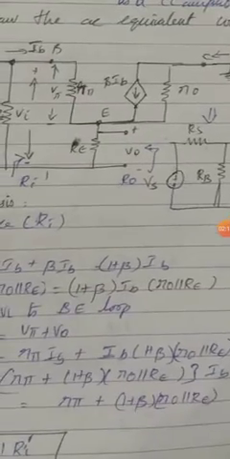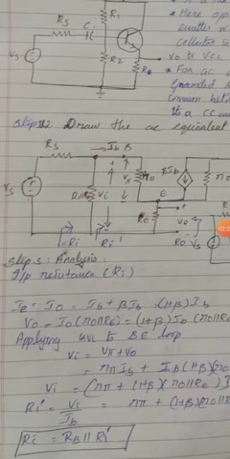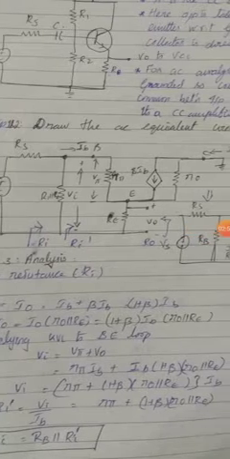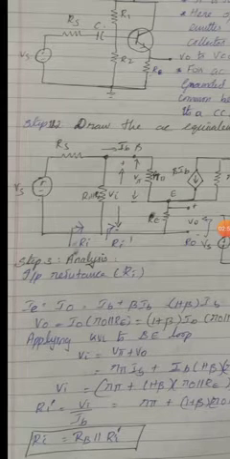Next, what do we have to do? We have to go for the analysis. Step 1 is to find the input resistance. To find the input resistance, we have to go for I naught. The output is taken from the emitter, so IE will be equal to I naught. That will be equal to two currents, IB plus beta times IB, acting on that. By KCL, I naught will be equal to IB plus beta times IB. We know that IE equals I naught, so IE can be written as 1 plus beta times IB. So that is written here.